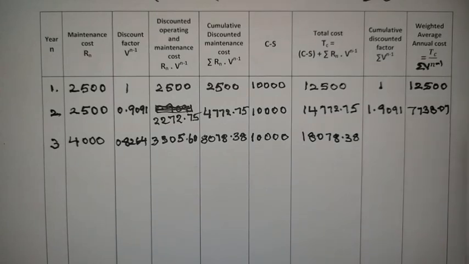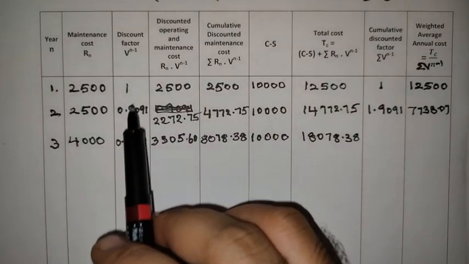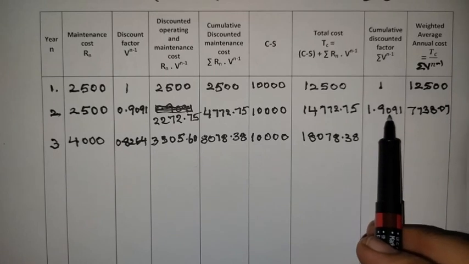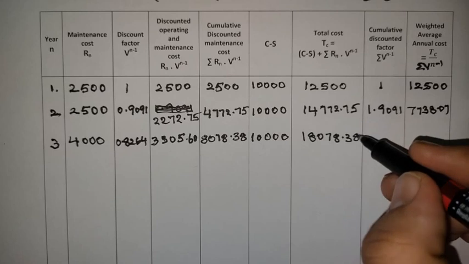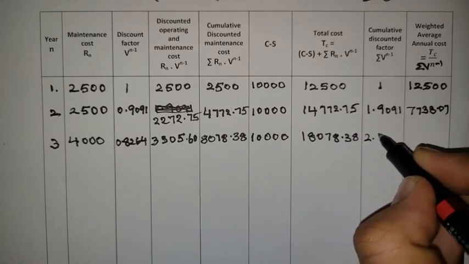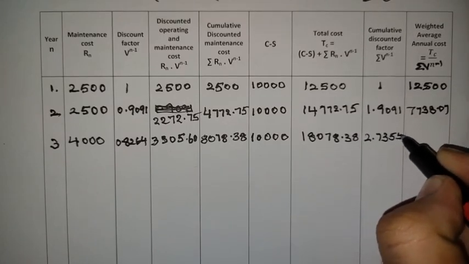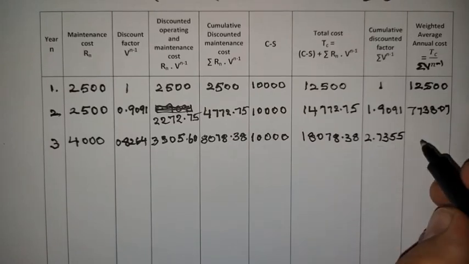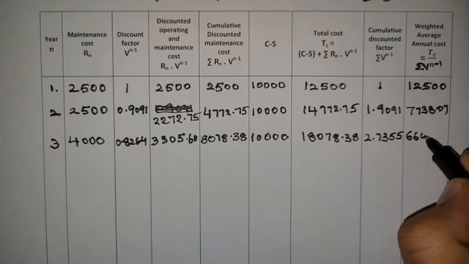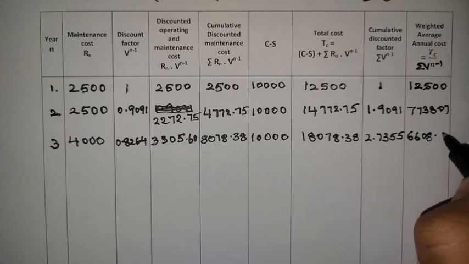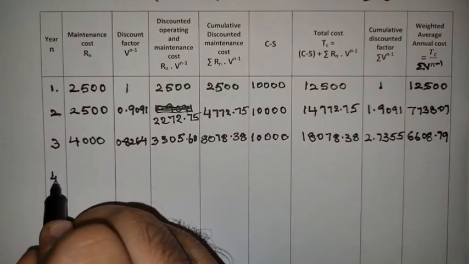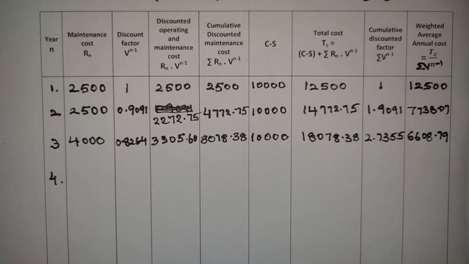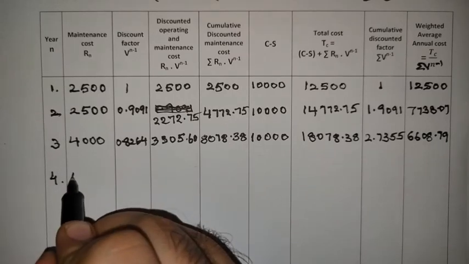18078.38. Next, sigma v power n minus 1 means add these three, or add this one to 0.8264, then you will get 2.7355. Divide by these two, you will get 6608.79. Next take the fourth year, so again 1500 rupees is increasing, so then maintenance cost is